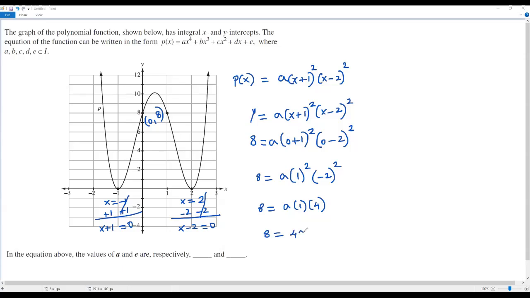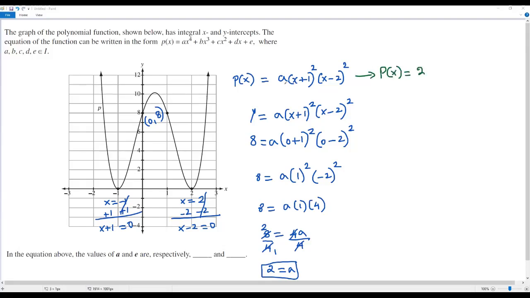So I'm getting 4a. I divide both sides by 4 to solve for a. So this 4 will cancel. 4 goes into 4 one time, 4 goes into 8 twice. So I get 2 equals a. So the value of a is 2. Okay, now let's rewrite this polynomial with the value of a equals 2. Then we get p of x equals